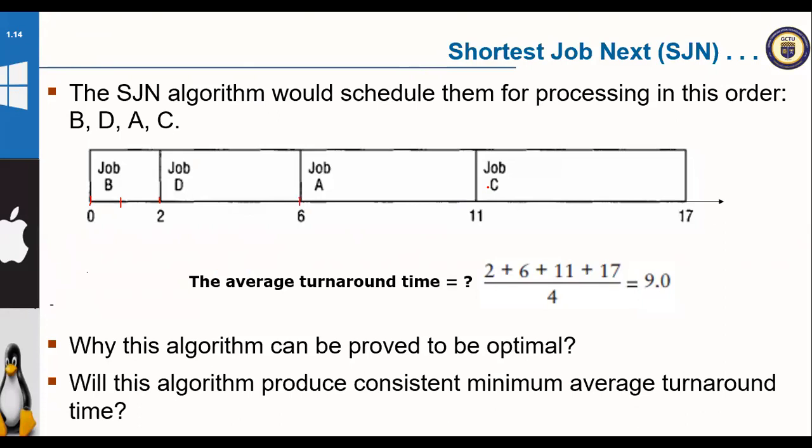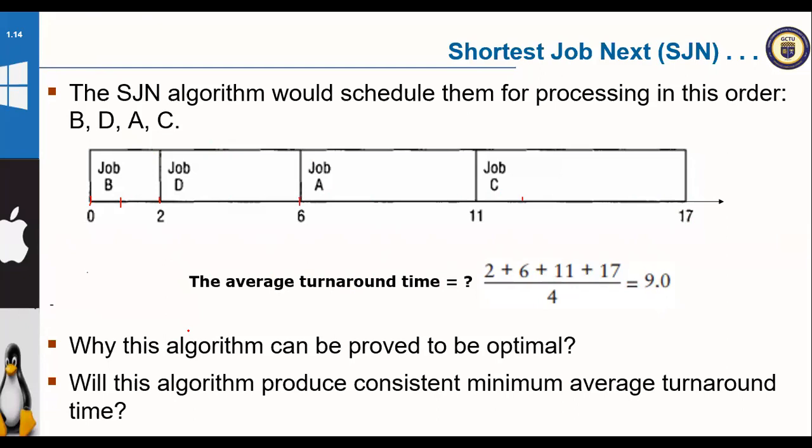So 6 from 11, we give 6 CPU cycles to C, and we get to 17. What will be the average turnaround time? We have 2 plus 6 plus 11 plus 17 divided by 4. That gives us 9.0. So if you look at this algorithm, the average turnaround time for these 4 jobs is